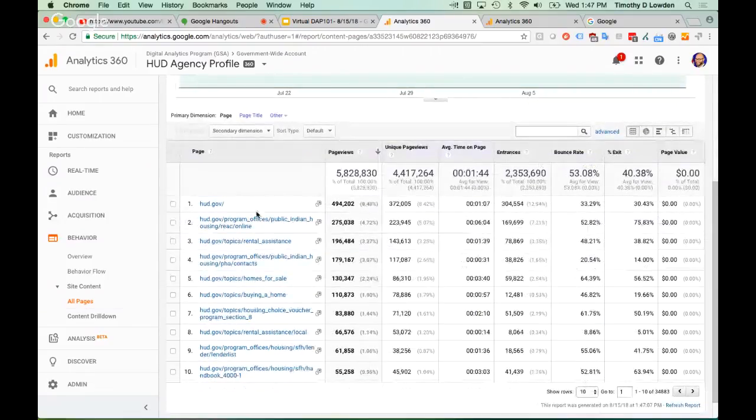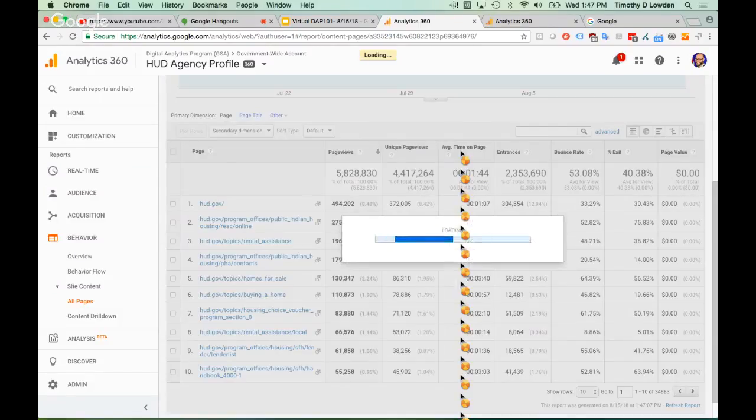So here we've got all the different pages. And so the dimension is page, and all of these columns are the metrics. And you can see here that this little arrow means that currently it's ordering these pages in descending order by page view. But I can also click on other things, like if I wanted to click on average time on page, I could click there, and it would then resort all the data in the chart to go in descending order from